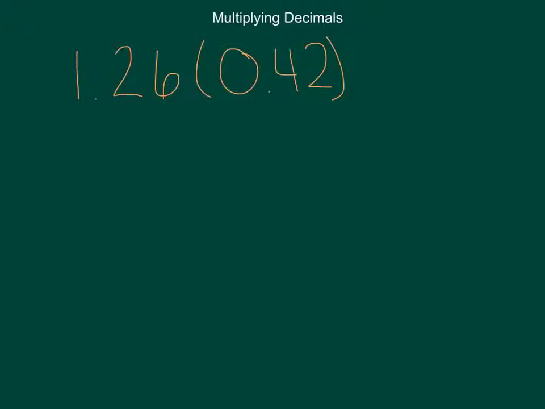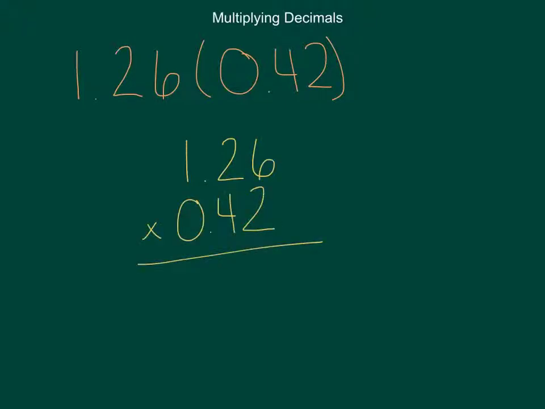Alright, when you set this up, you want to set it up where you're multiplying vertically. So I would do 1.26 times 0.42. Alright, and what I can do is I'm actually going to ignore the decimals right away, and I'm just going to multiply like I would if they were whole numbers. So I'm going to do 2 times 6 is 12, 2 times 2 is 4, plus 1 is 5, and 2 times 1 is 2. Don't forget you need to bring down your 0 to show that you're now multiplying by your next place value